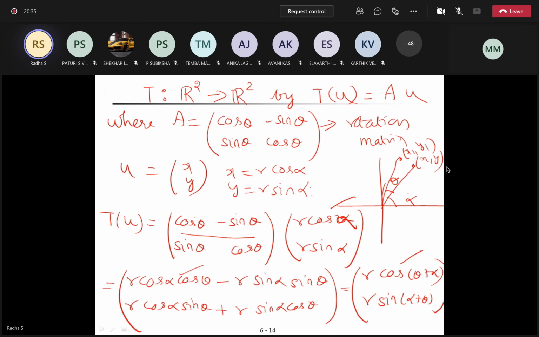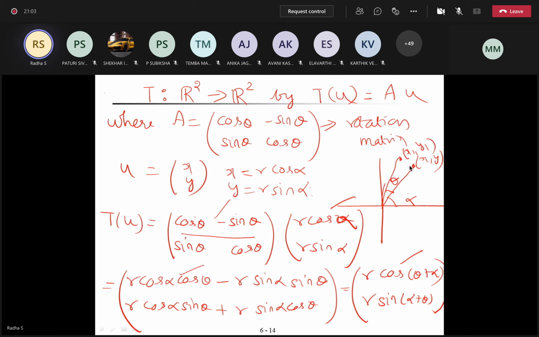So why has this rotation occurred? Because of this matrix: cos theta, minus sin theta. So this matrix is called the rotation matrix. This is two-dimensional, for R square, you are seeing this matrix. Similarly, you have rotation matrices for 3-dimension, 4-dimension and so on. 3-dimensional, I'll tell you later. First, let us study for 2-dimension. That is for a 2-dimensional vector I'm saying, right?